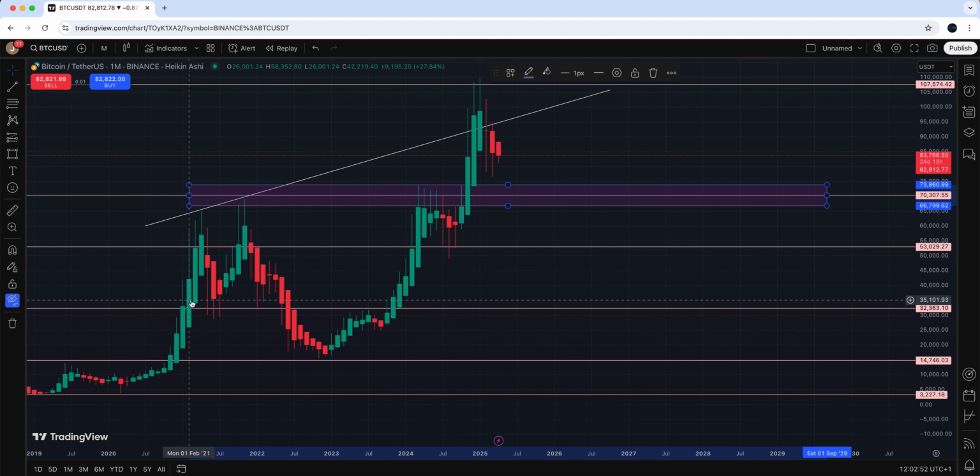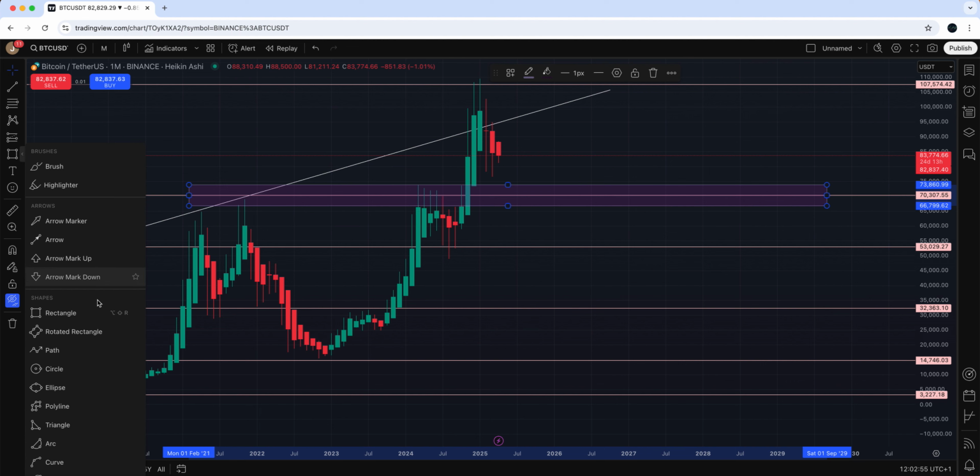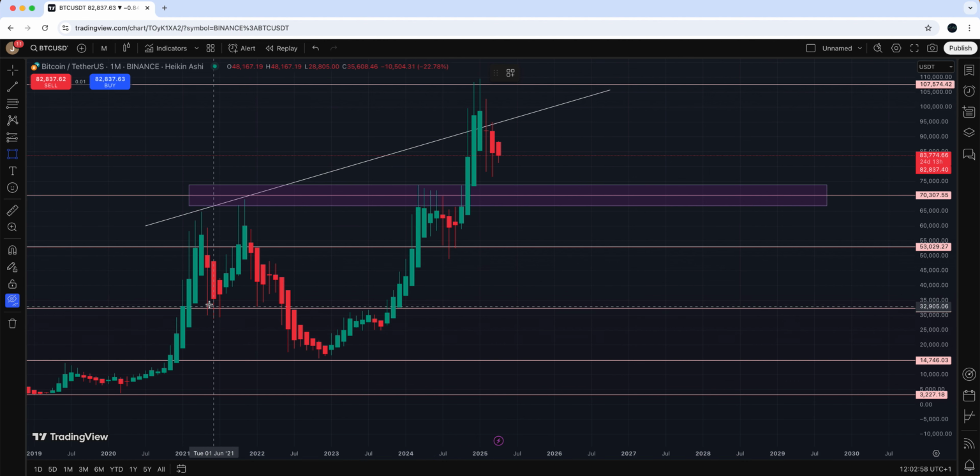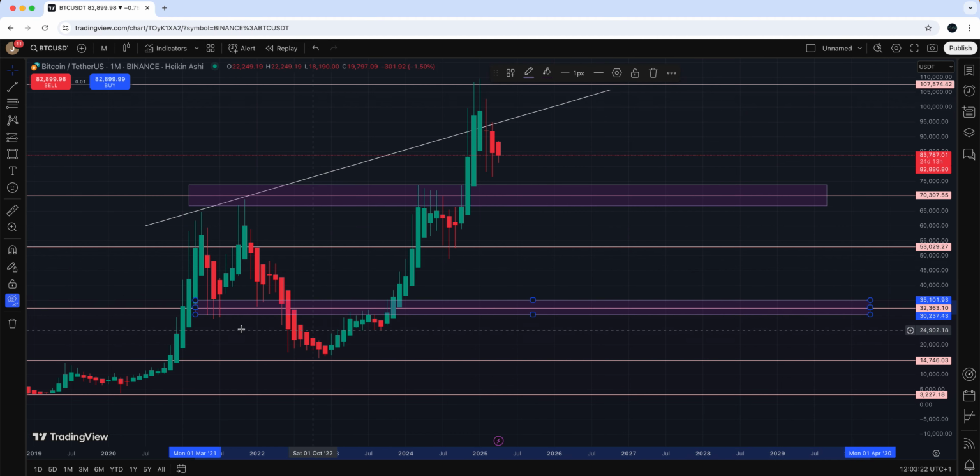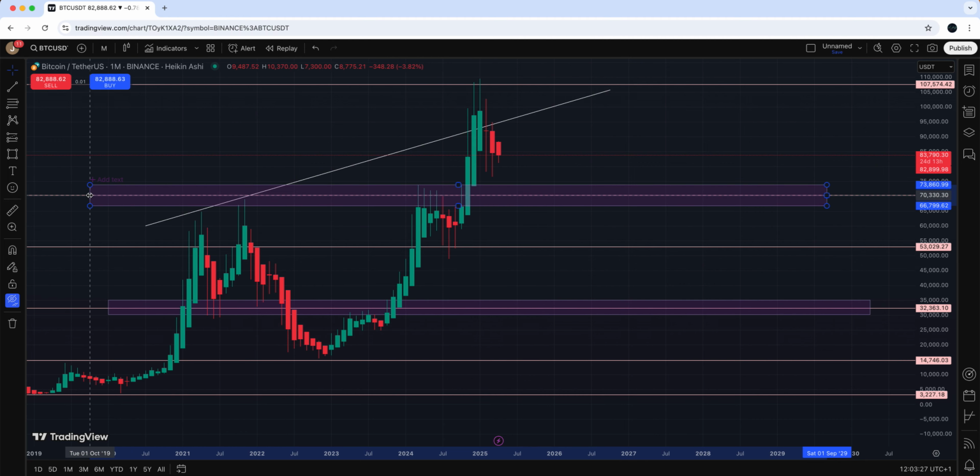But anyway, if I give an example of another way I'll draw a zone, if you see here we have this close of this candle body here, and the next retest of that will be a candle body here. So if I just put that there, you can see the candle body closing there. You can see candle body close here. If I expand that out, that's how I would draw another zone area. So these are the type of things I'm looking for when I draw the zones,